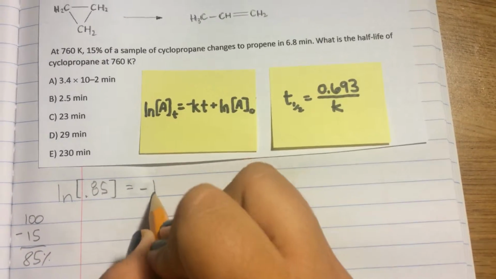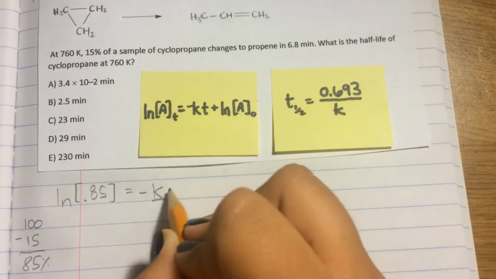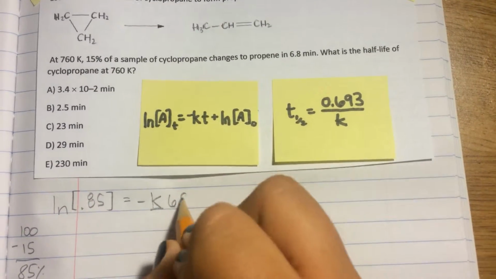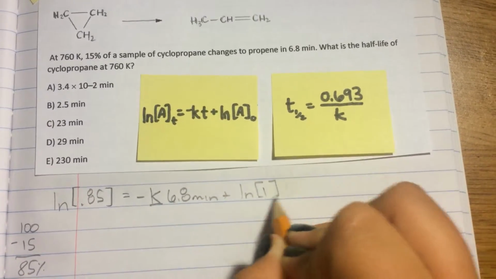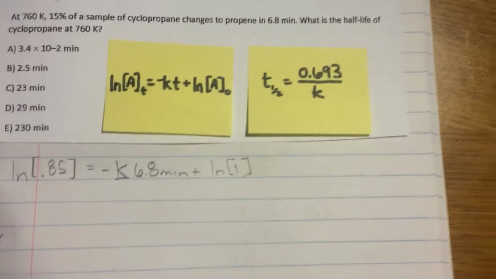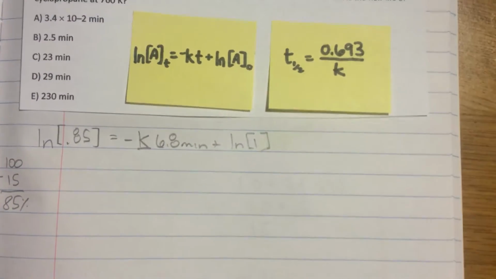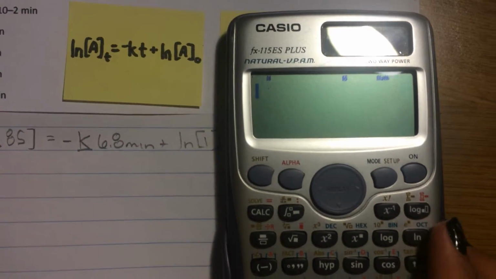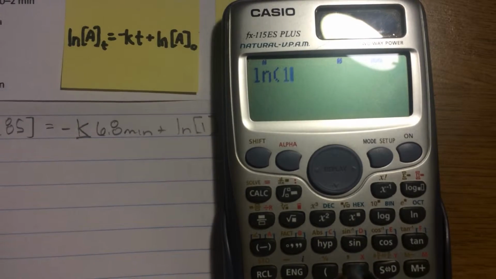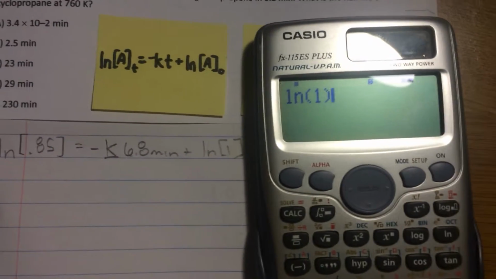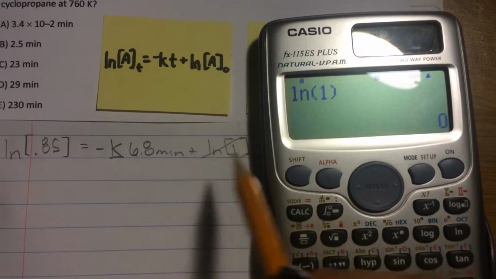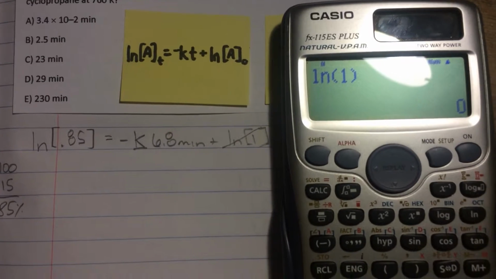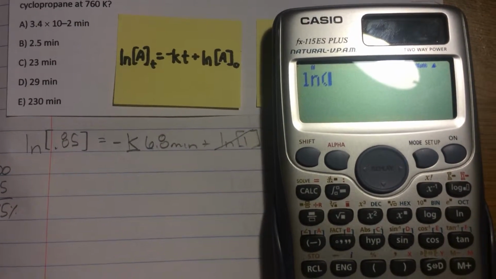And then we have negative k, what we're solving for, times the time, which is given here, 6.8 minutes, plus the natural log of 1, which is what we made up, so we can get the k. So I'm going to grab my calculator and solve for that. The reason why we use the natural log of 1 is so that we can just cancel it out, because the natural log of 1 is 0, so we can just void that for now. So the natural log of 0.85